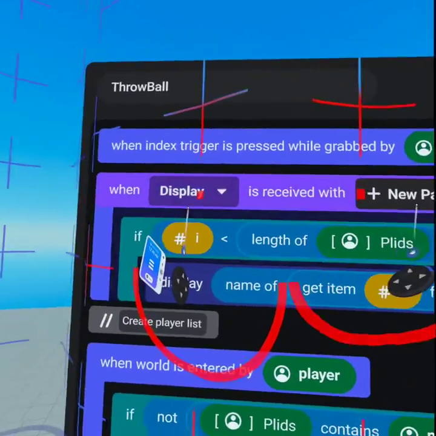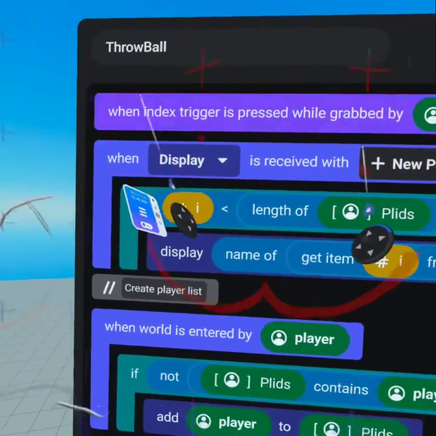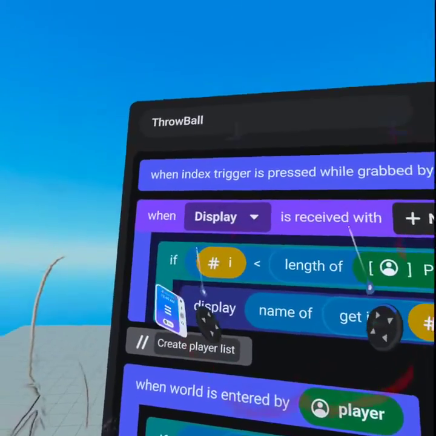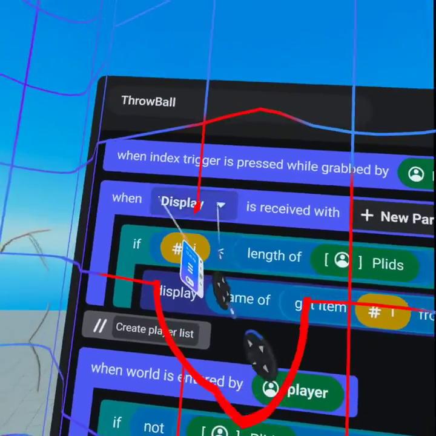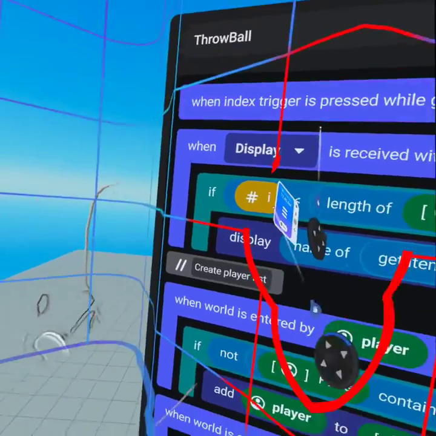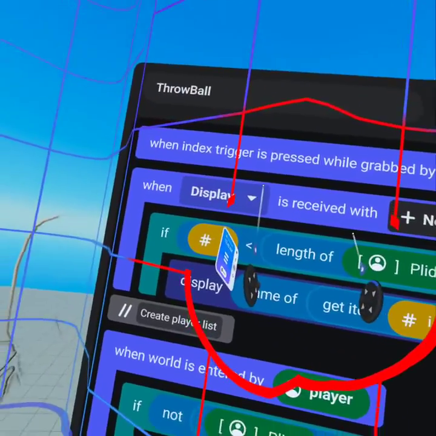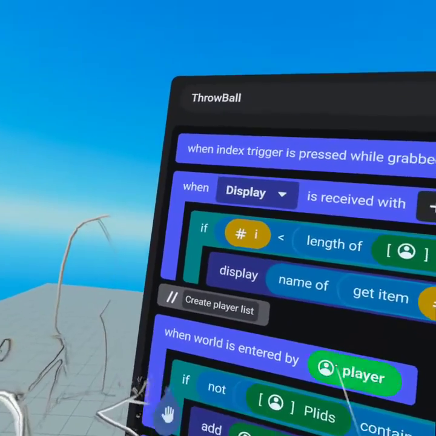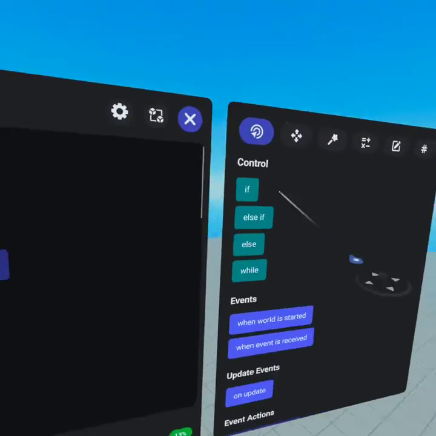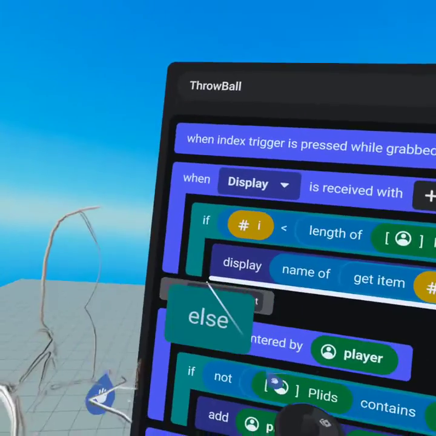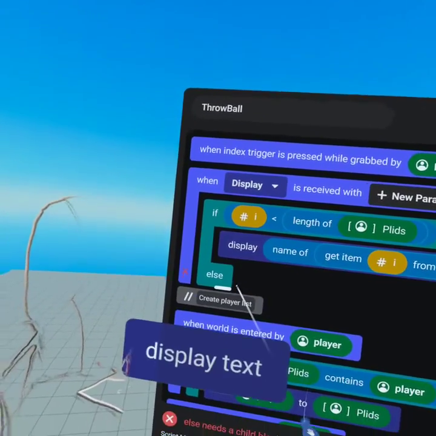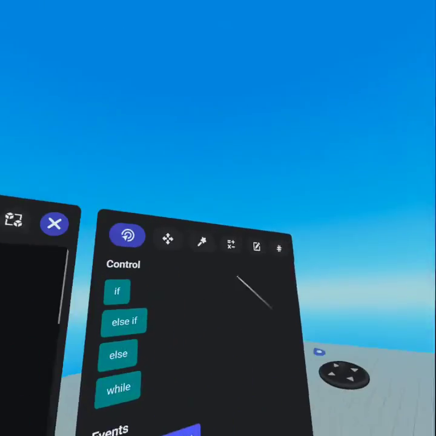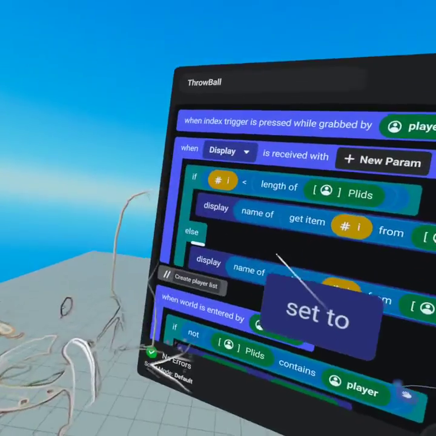Now, if there's 2 players and this is at index of 1 for the second player in the list, that's also okay. But if this is at, say, 3 and there's only 2 players in the list because maybe somebody's left the world, we would then have it be out of index and we wouldn't want to update the display because that would cause a bug. And so what we want to do is else this and say, okay, if it is out of index, we will then display not item I, but we will display item I, but we'll adjust what I means